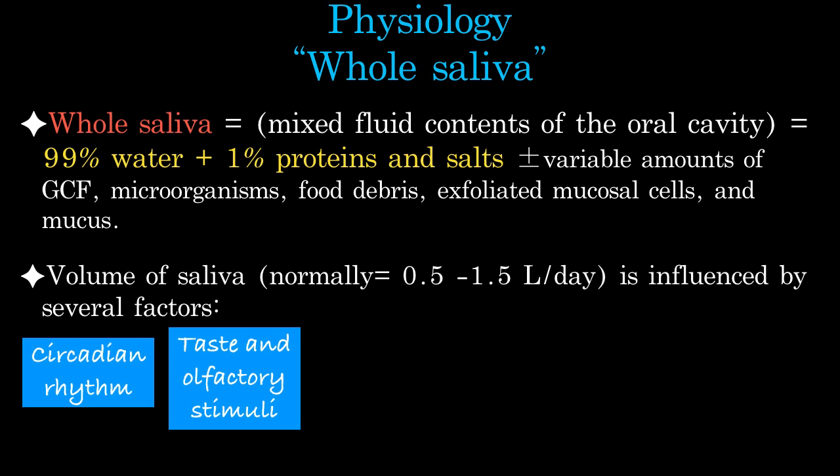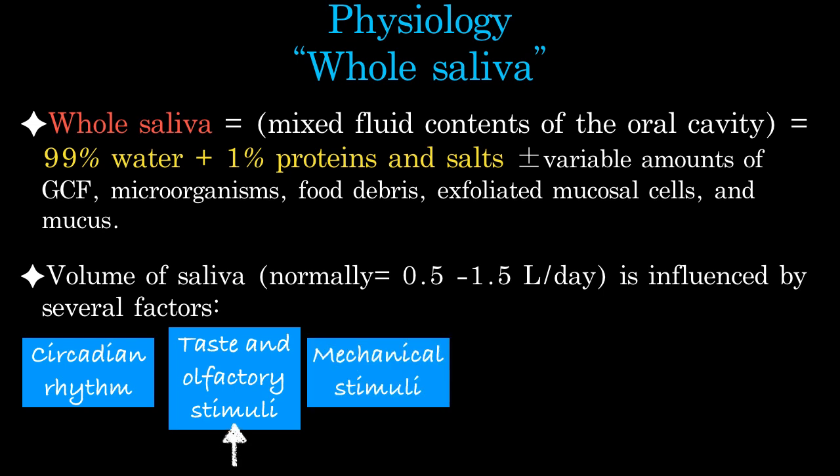Also, taste and olfactory stimuli. If we smell or taste some tasty food, or we smell some good food there, the saliva secretion will be increased. Mechanical stimuli also stimulate more saliva secretion. If the patient has a newly fabricated prosthesis inserted in his mouth, he will find that he has more salivary secretions. It's a kind of mechanical stimulation. If you put something into your mouth, a pen or so, it stimulates more salivary secretion. Pain also increases salivary secretion,